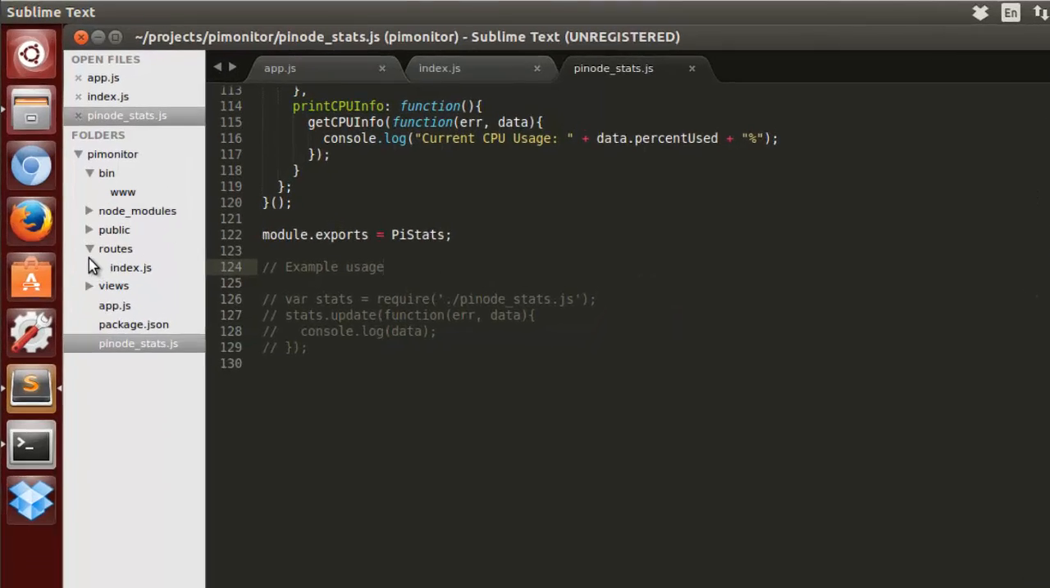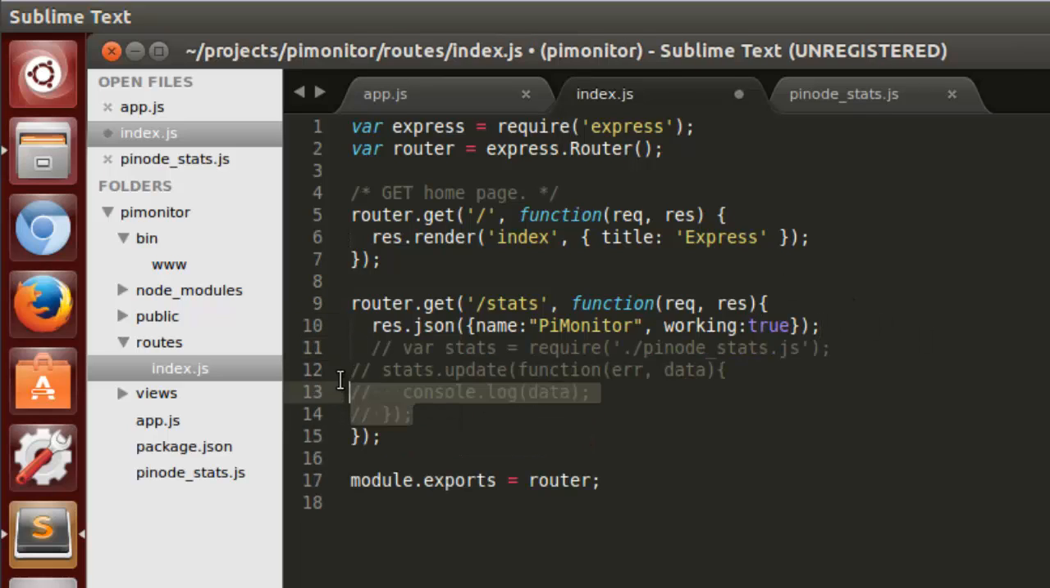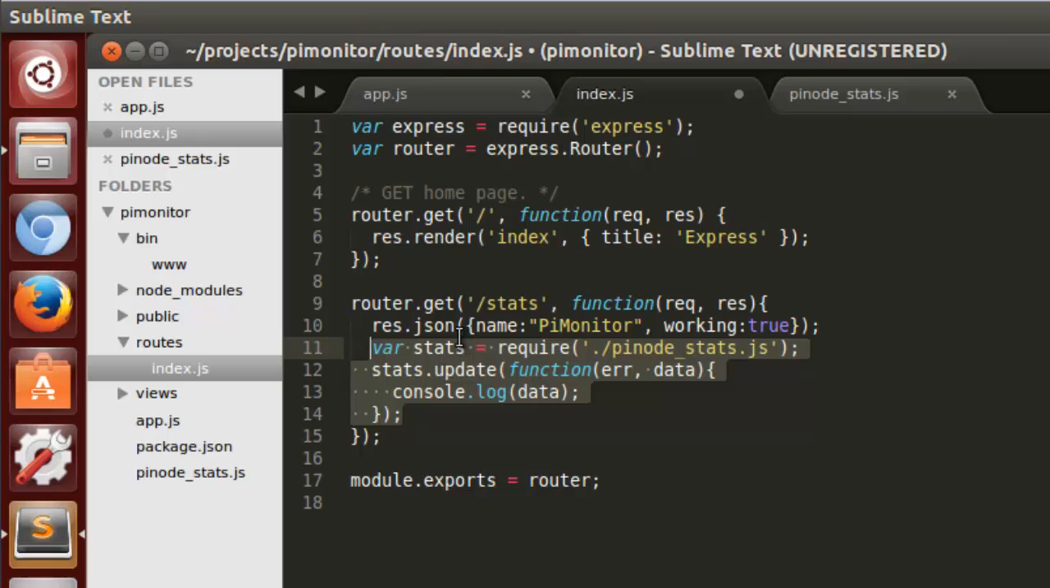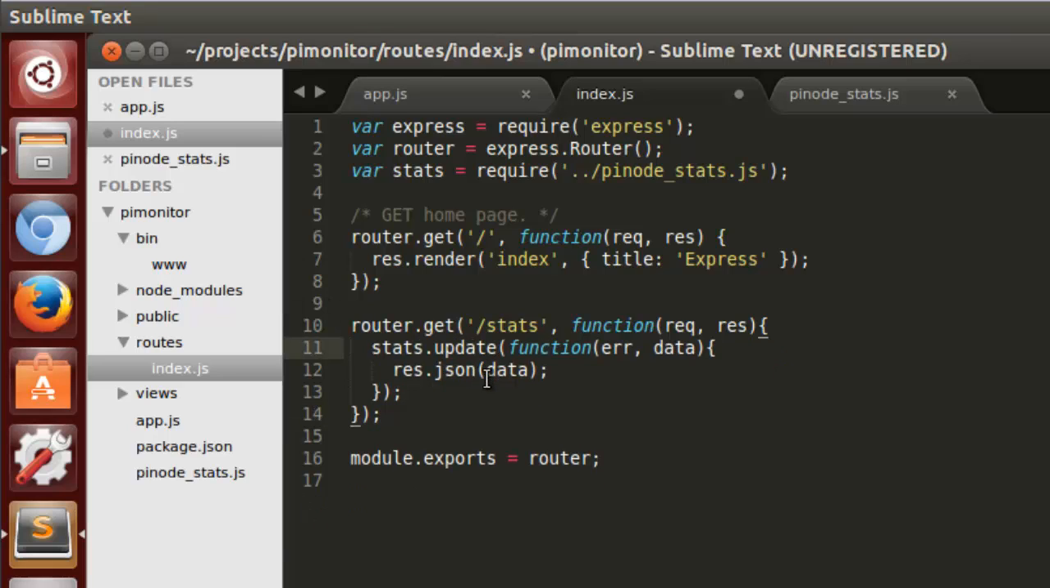So let's copy that out, come back into our route.index. Now instead of doing this static JSON here, let's just go ahead and paste in that example code, and we'll uncomment it. And then we don't want this var stats down here, so we'll cut this out and put it up here at the top of the rest of them. And in our case, pinode_stats.js isn't in the same directory, so we'll do a ../ there. We have to go up a directory. Instead of doing a console.log on the data that we get back, we'll just do a response.json. Okay, get rid of that, save it,